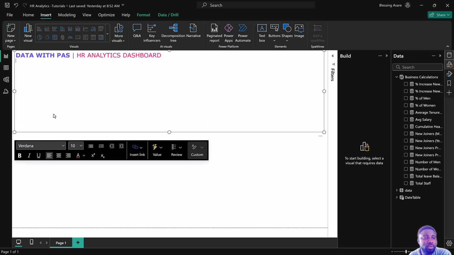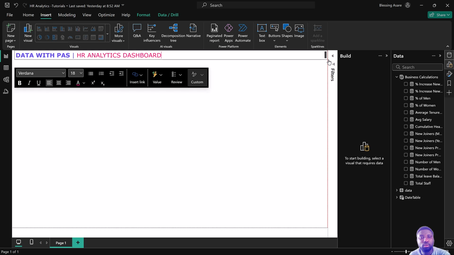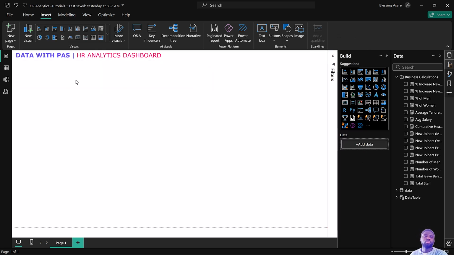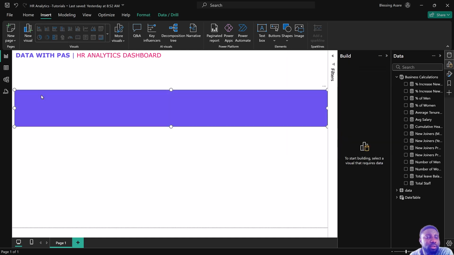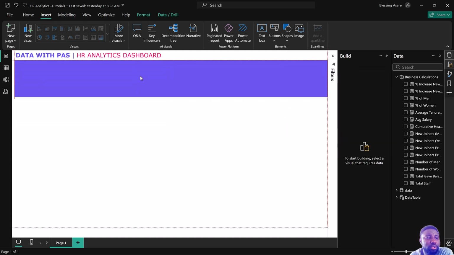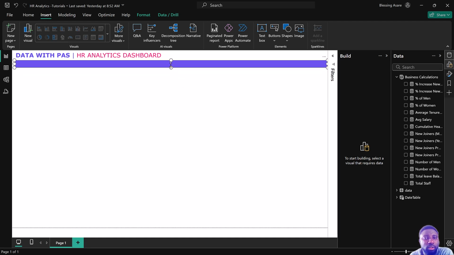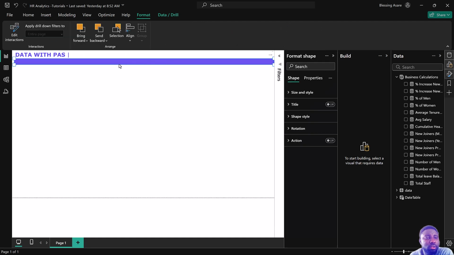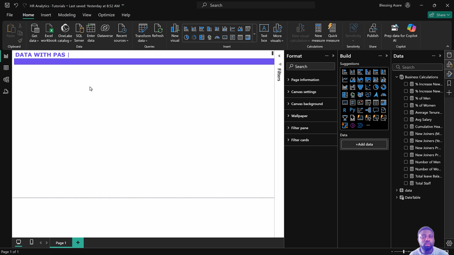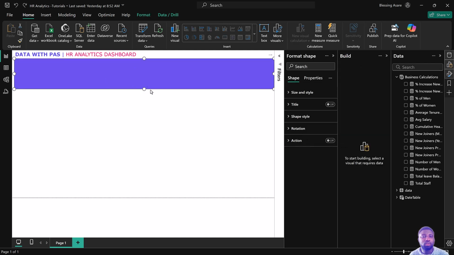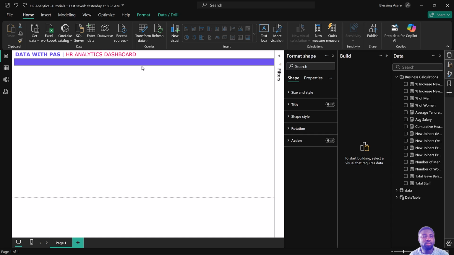Let's see if there's something here. Okay. Good. So we are done with this particular one. And then we come to shapes, and then over here we bring our shape here. Let's reduce it a bit, and then let's reduce it a bit, and